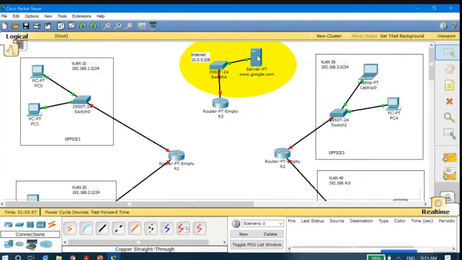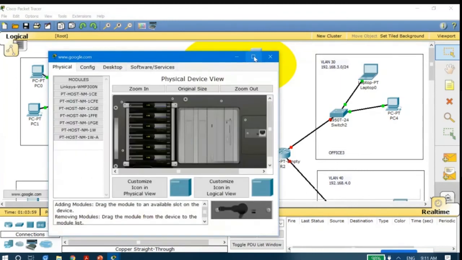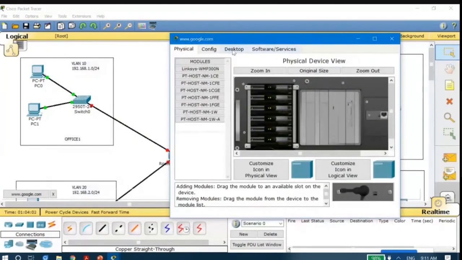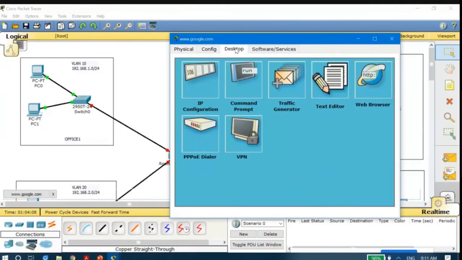So let me go to that server. Here also, I will go to the desktop. On top, you could see config. I will go to desktop. I will go to IP configuration.